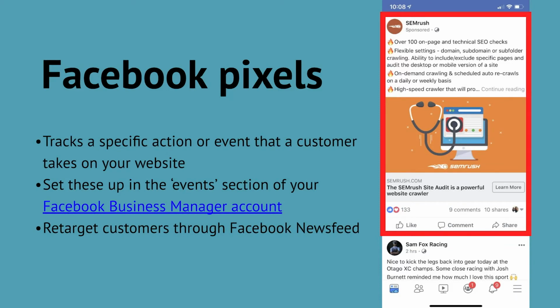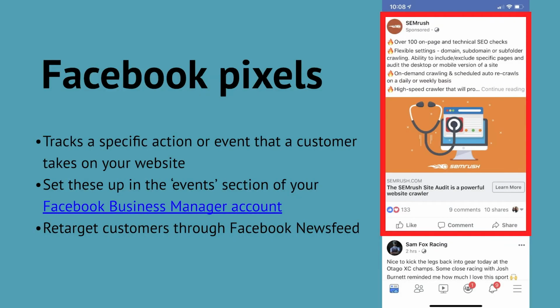For example, you can track people that submit a newsletter inquiry or sign up for different events that you have, and you can retarget those people through your ads. You set up these events in the Business Manager section of Facebook. If you do a quick Google search, you'll get taken to the Facebook Blueprint, which will step you through how to set up those. The retargeting can be really powerful because people have to see your business 14 times before